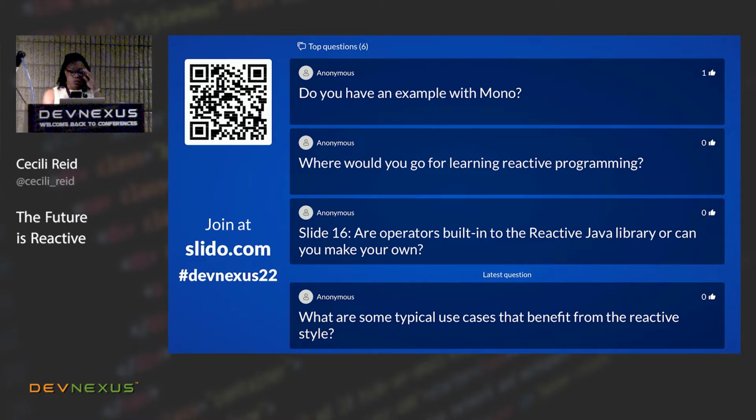Where would I go for learning reactive programming? So the project reactor.io website has a lot of resources on there. They have a lot of slides, they have recordings, they have tutorials, they have code examples that I went through for this presentation, as well as to try and understand more of what's going on.